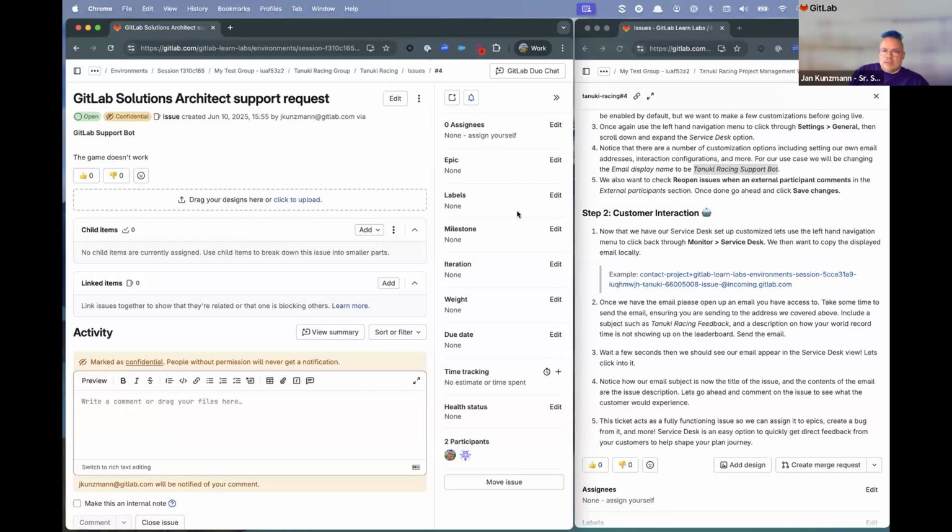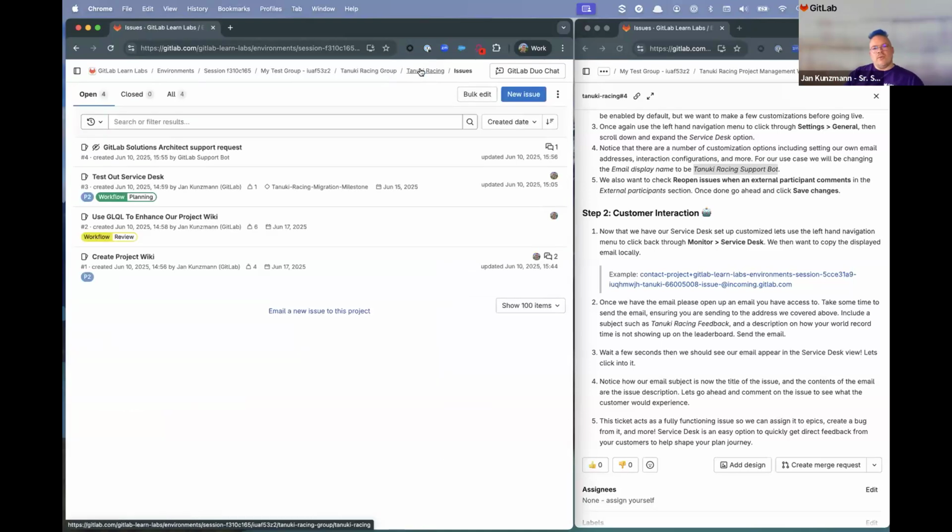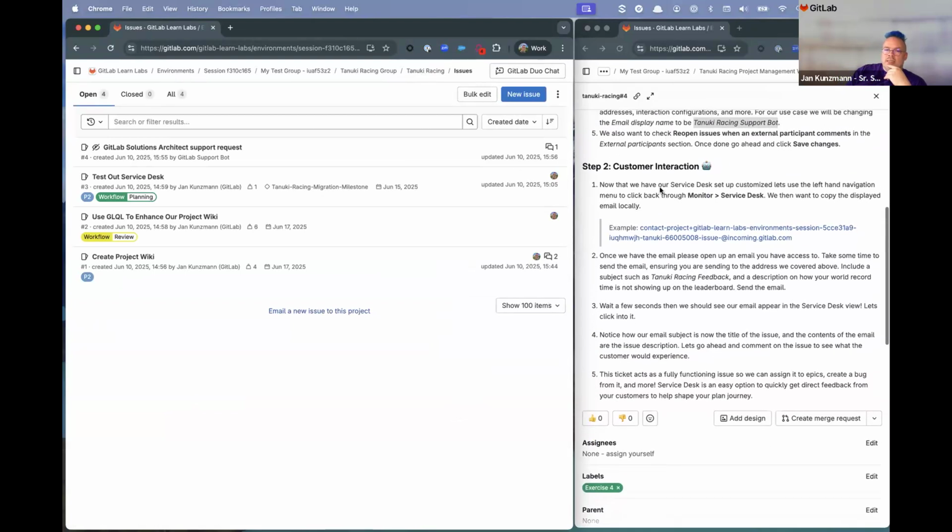I can also add labels and so on in Epic, so I can treat it as regular issues. So with that being said, if there are any questions to this particular feature, please feel free to put it in the Q&A or in the chat, and we will then basically go on with the last chapter,